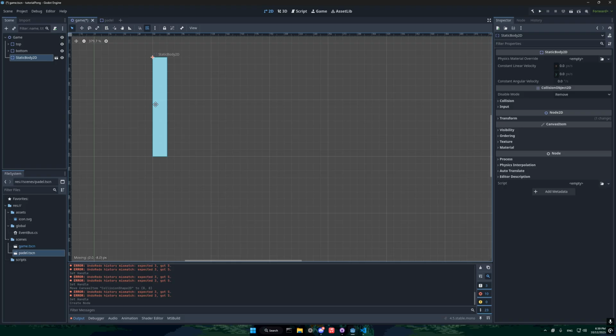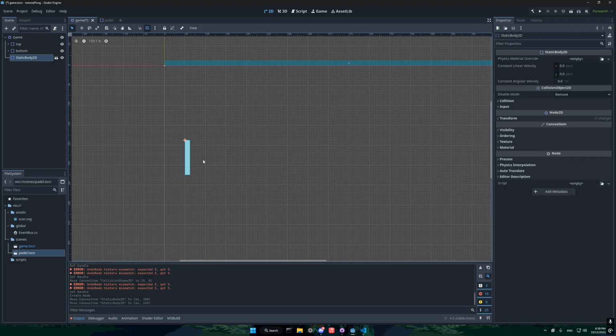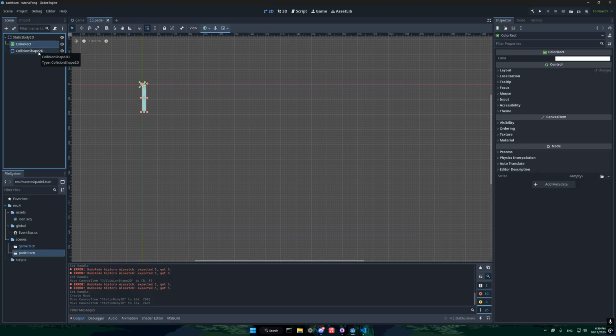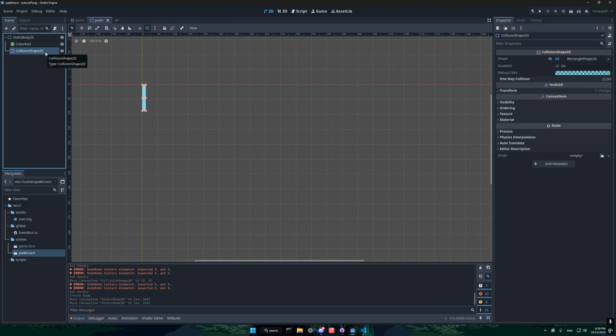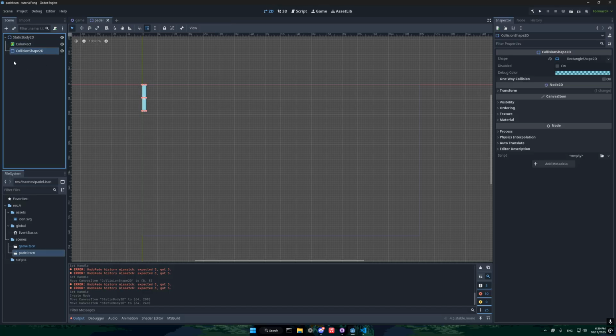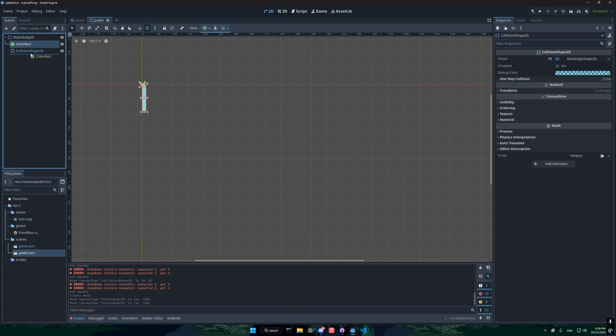Is the hitbox or the collision box supposed to be over the color rect? Because mine's behind it. So it doesn't actually matter whether it's over or not when it comes to collision boxes like this. But for future reference, the way that nodes get drawn in the tree is from bottom to top. So whatever is at the bottom gets drawn first. If I put my color rect at the bottom,